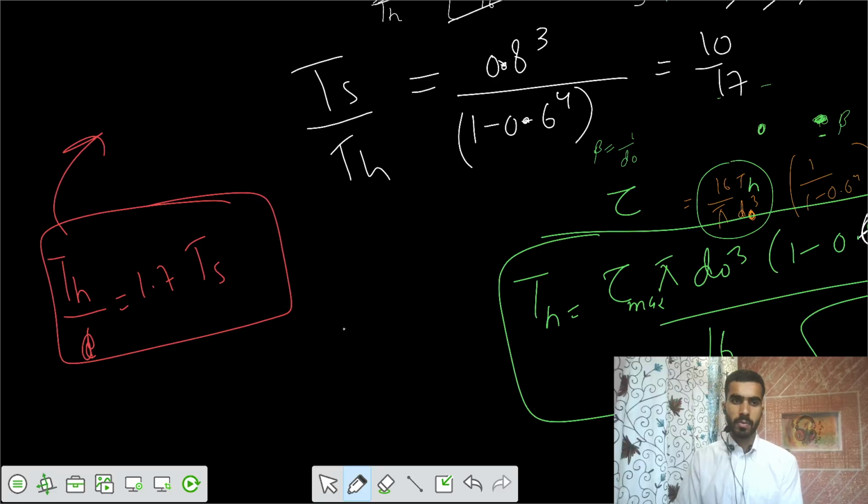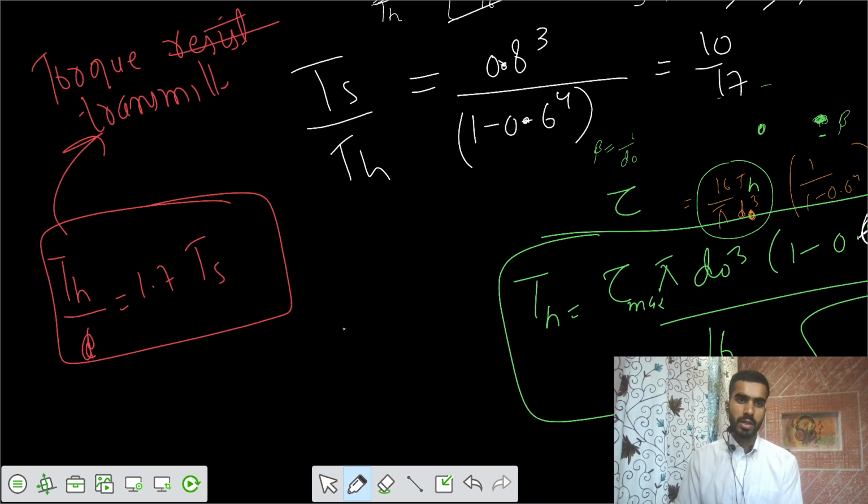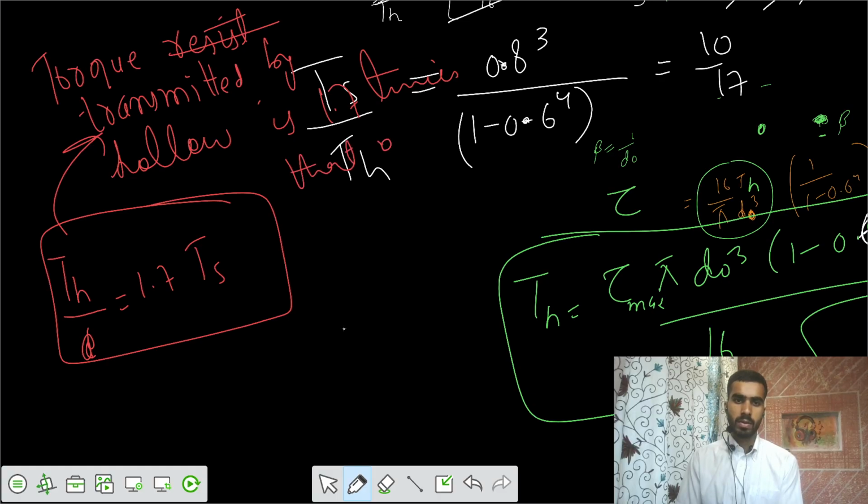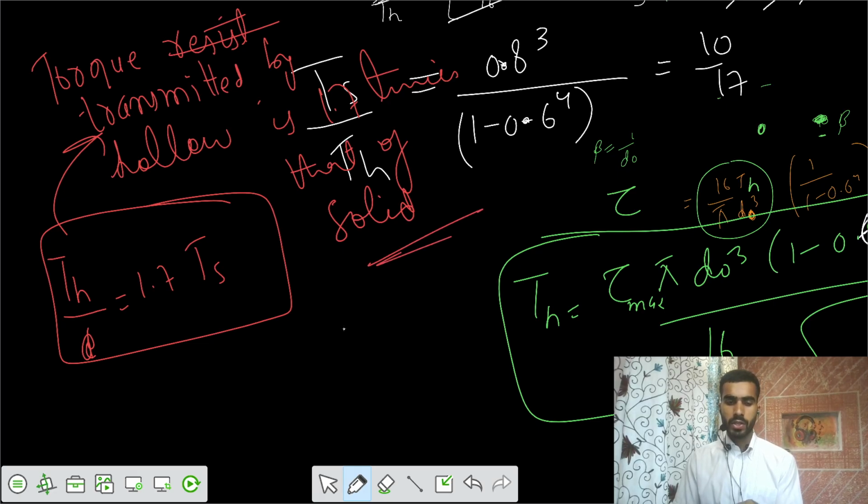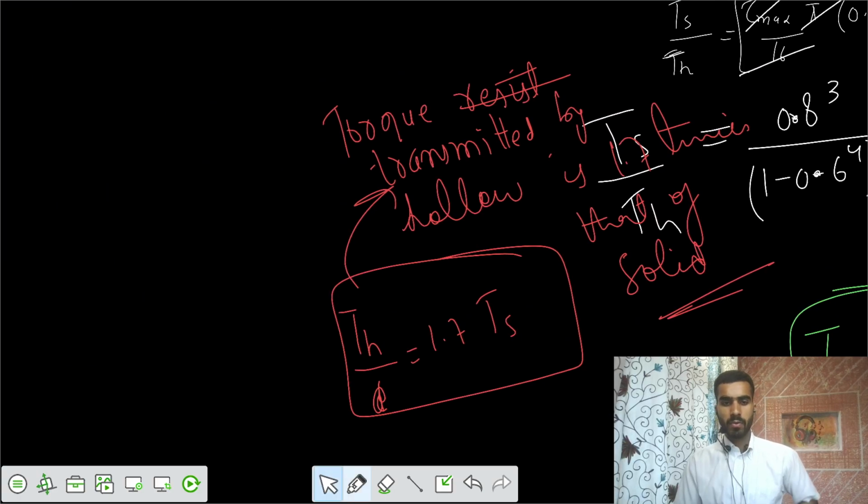So that means the torque transmitted, or torque resisted, by the hollow shaft is 1.7 times more than that of the solid section. So for the same shear stress, for the same weight, for the same value of tau max,